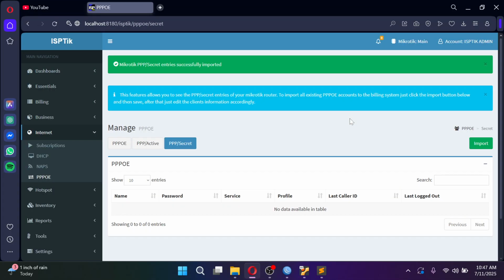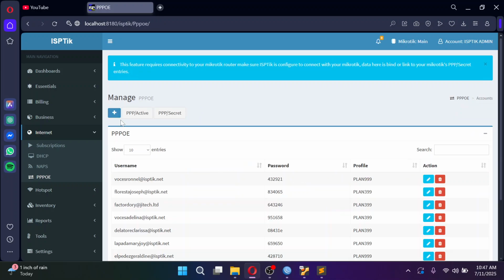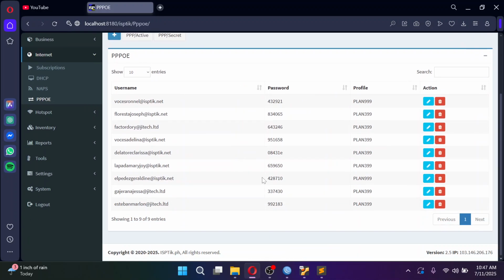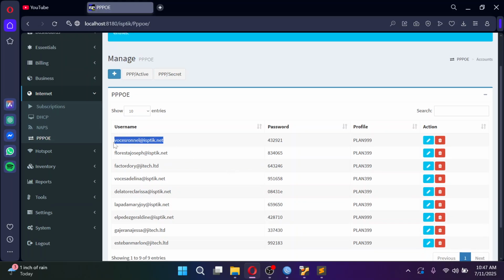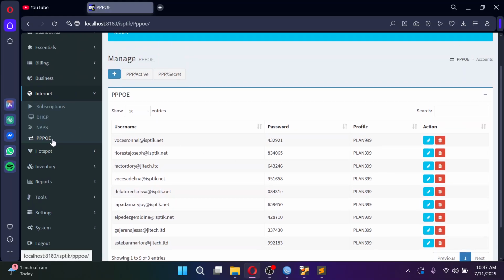Okay, it will take some time depending on the number of clients. So once it is imported, it will not appear anymore from the PPP secrets. It's because it is now present inside the database of our billing system. So it carries the username and then the password and then the plan profile respective, at least for the PPPoE.